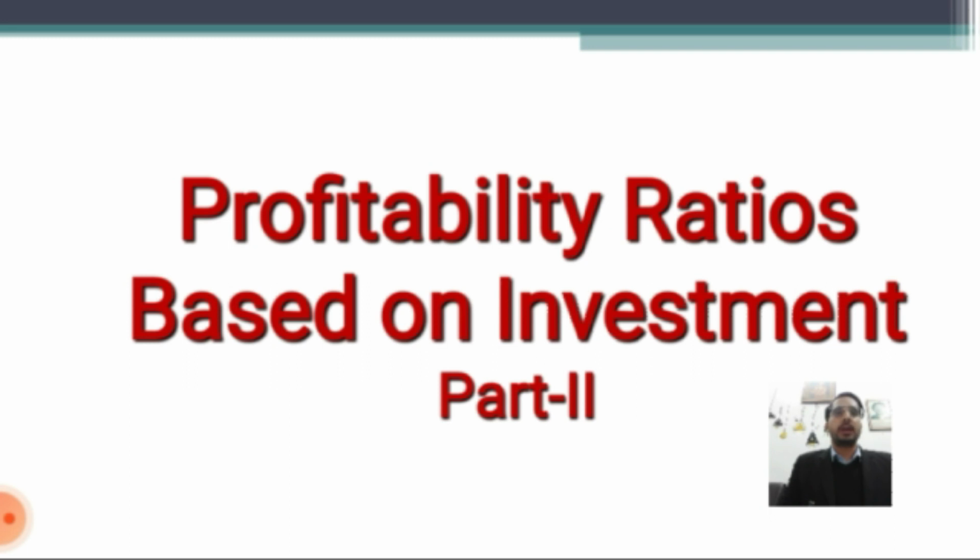Today we will discuss the topic: profitability ratios based on investment, part 2. These ratios are calculated to measure whether the business is earning an adequate return on capital investment or not. The business raises funds from various sources. It is necessary that the business avoids an unsatisfactory return on investment. These ratios are: